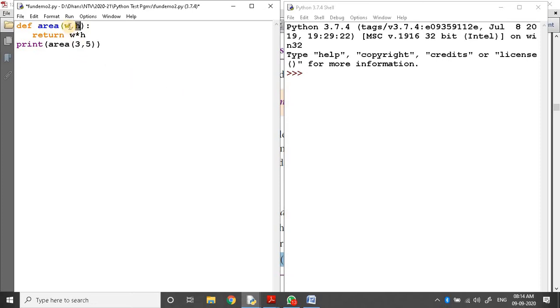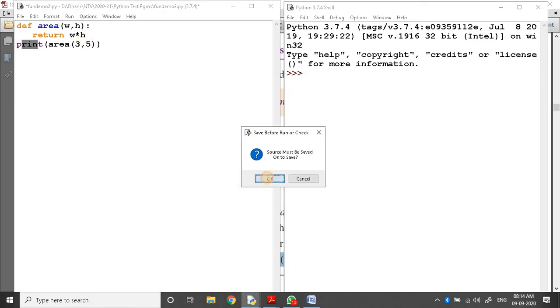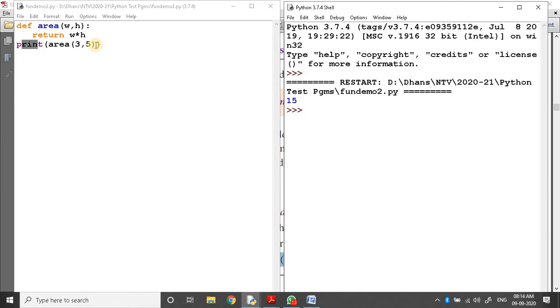So W and H respectively store 3 and 5. Then 3 and 5 are multiplied, and that is returned to the function call statement, which is inside print. So the result 15 will be displayed. Shall I execute this? The result 15 will be displayed.